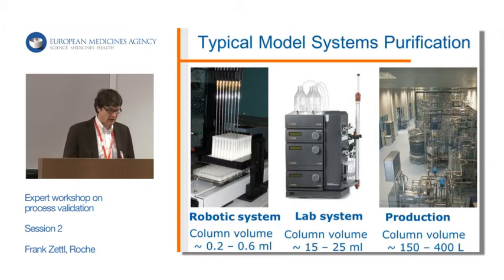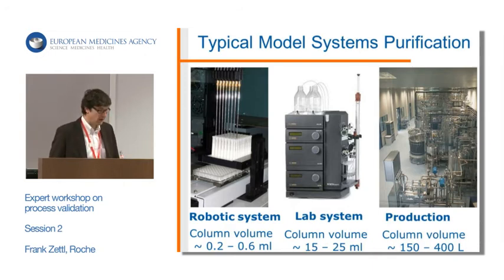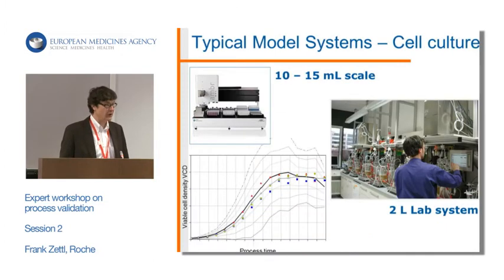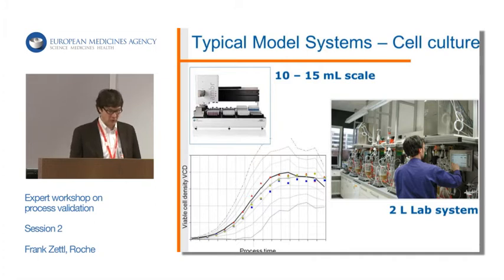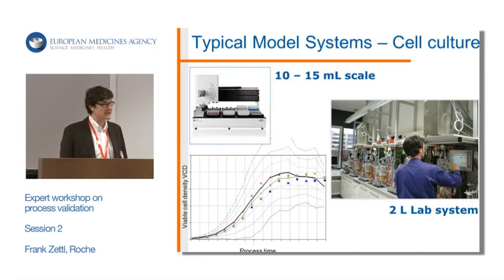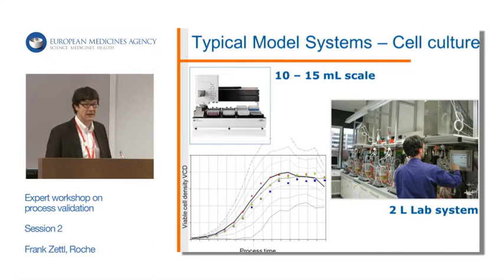The workhorses are the lab scale system with a column volume of about 20 milliliters, and they mimic the production columns usually very well. Okay, on the next slide, there are some impressions about scale-down models in the fermentation. I think the most frequent workhorse is the 2-liter systems, but there are also things like robotic systems to investigate specific